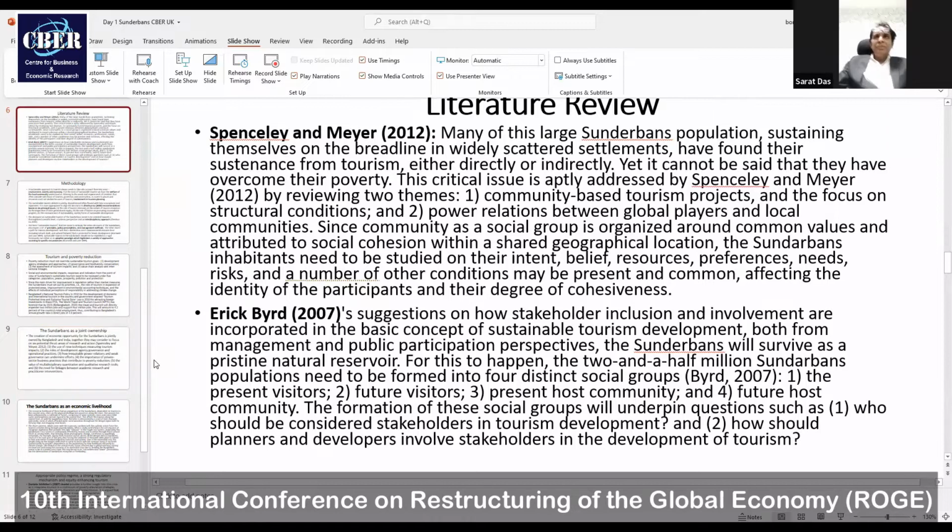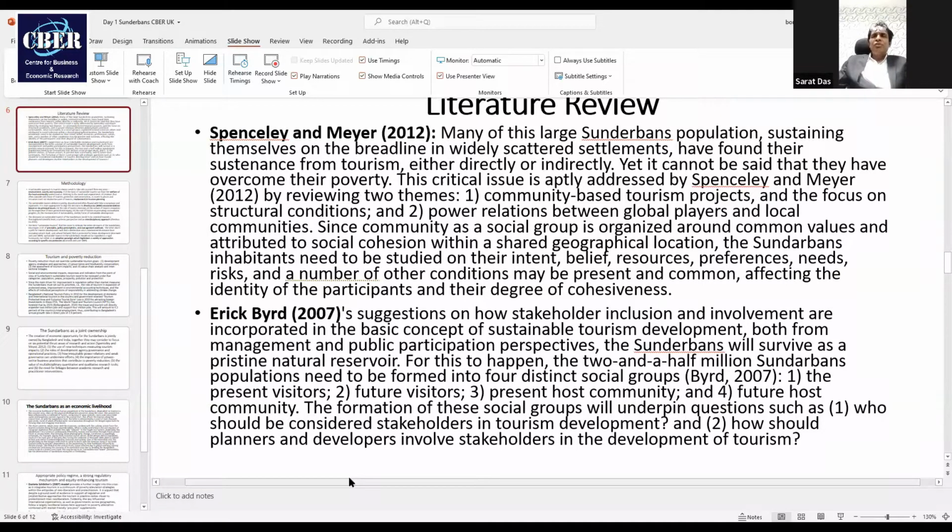So how the group dynamics emerge, in this case something like a sociogram, which is a kind of metric that we apply to quantify that relationship. But those kinds of things probably can be brought into this discourse of Spenceley and Mayer.